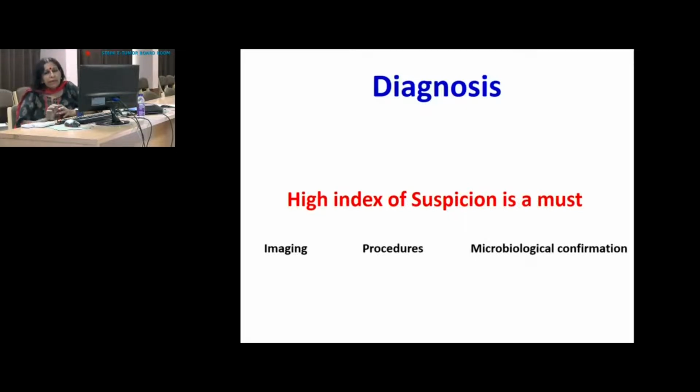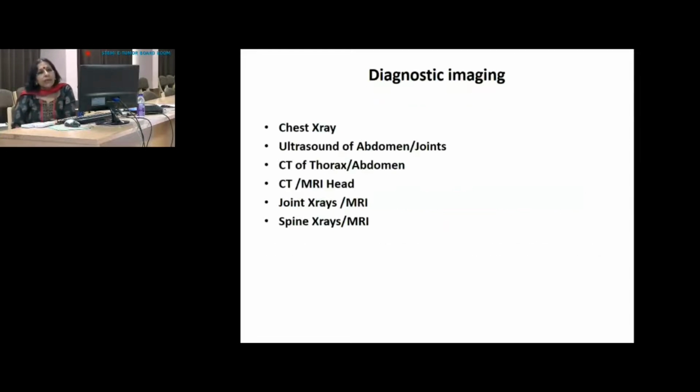So for simplification I have divided it into three parts. There is imaging, there are procedures and there is microbiological confirmation. In imaging, like I already showed, the patient comes and says I have had a cough for 2 weeks and I get fever or chest pain or blood in the cough. We can go for a chest X-ray, very easily available everywhere, very inexpensive, and you can pick up the TB opacities. Then we can do ultrasound, of the abdomen, of the joints, CT scan of the thorax,